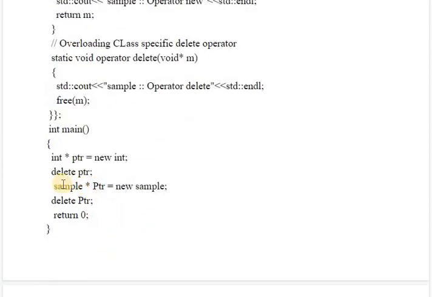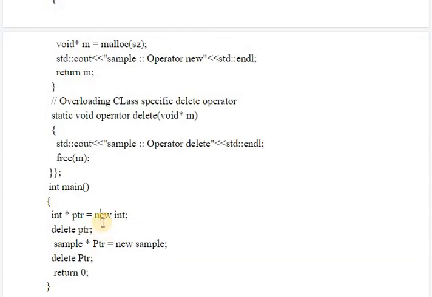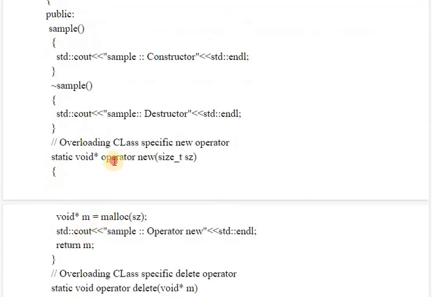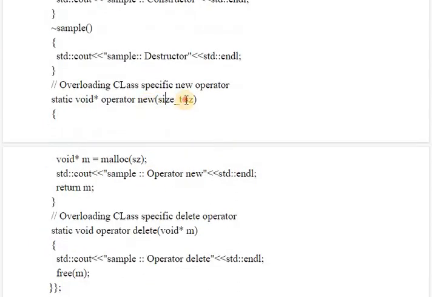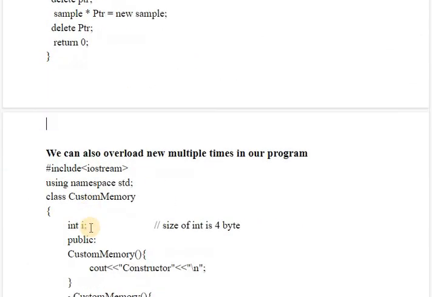So that depends on how many times, or with what type of data, you are calling your new operator; it will match the proper definition. For example, this will again go to this function which we have written here, and in this case, the size_t behaves like the user defined type, so that becomes an object in this case. Okay, so it will allocate a memory block for the object.